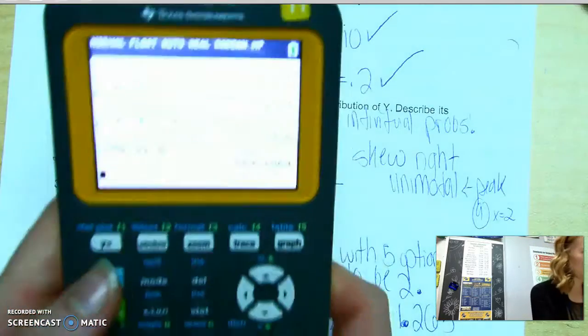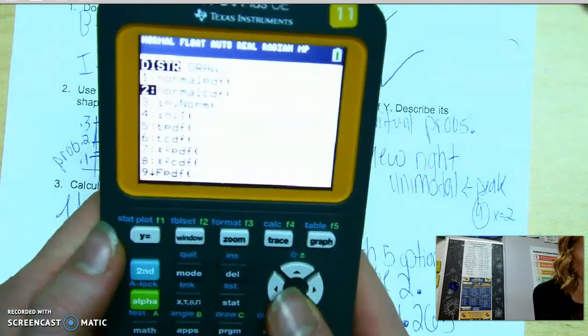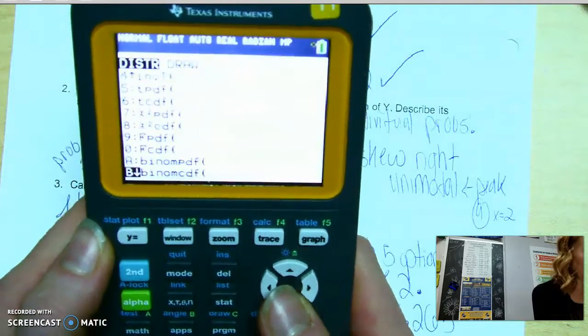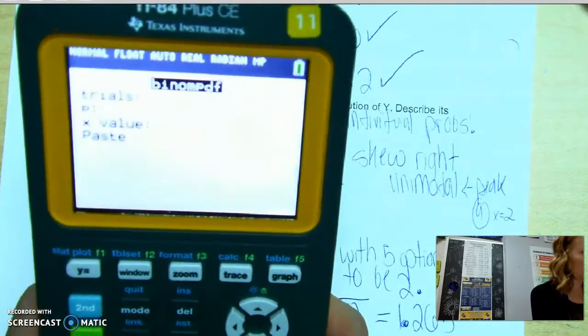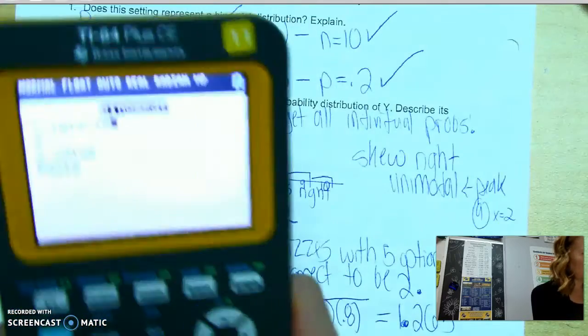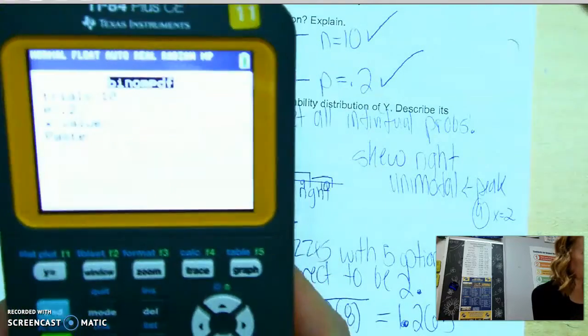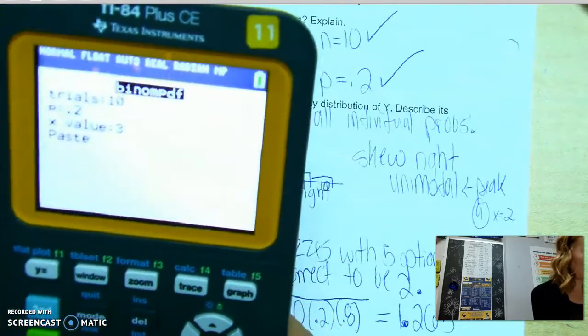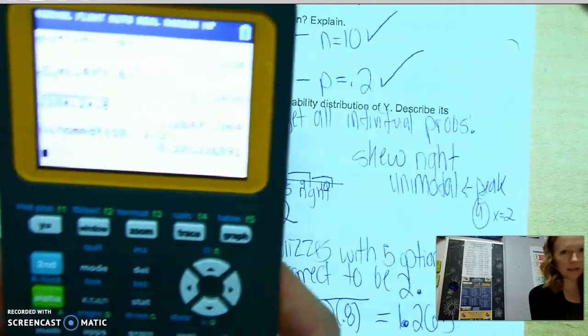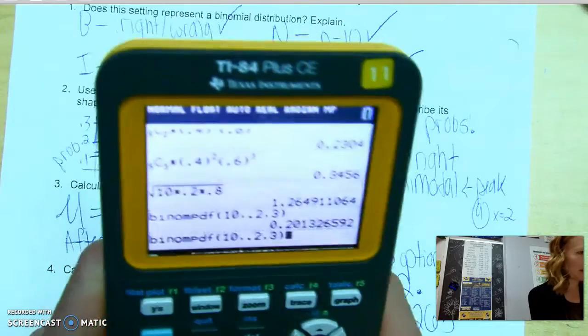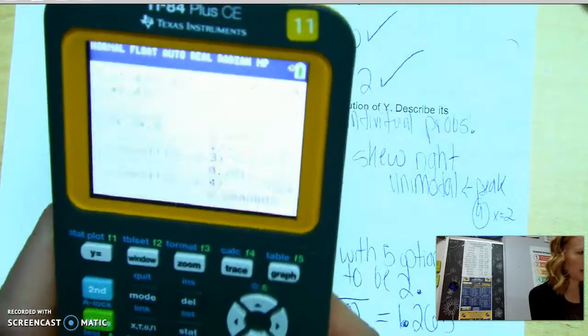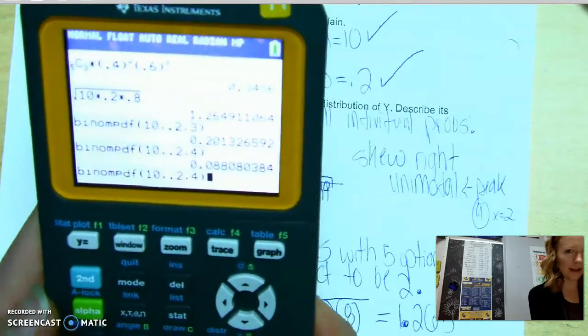So if you were to do that, so second vars in your distributions, you got to find binom PDF. Remember, you're looking for precise values, right? So the number of trials is 10, the probability is 0.2, and the x value, let's just say 3. You can paste that, right, and get your probability. But if you go to second enter, all you have to do is change that x value and keep getting the next values. Second enter, I didn't have to go